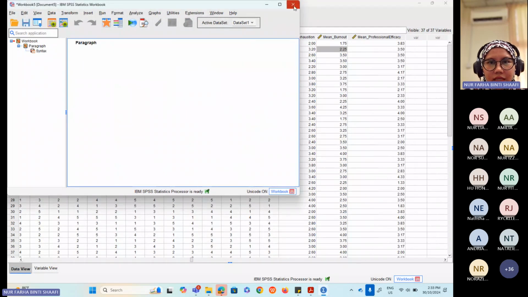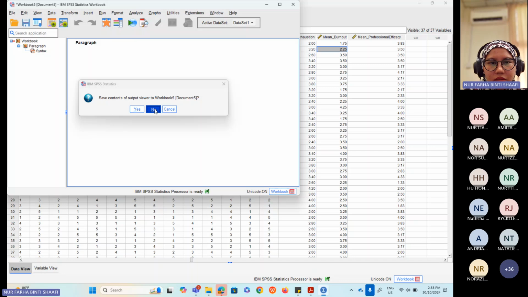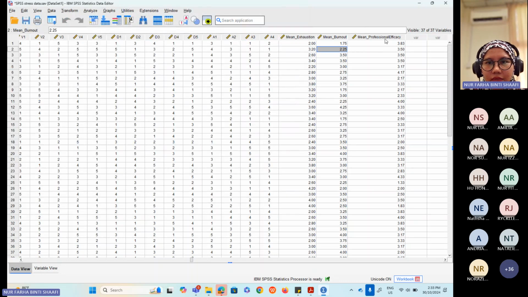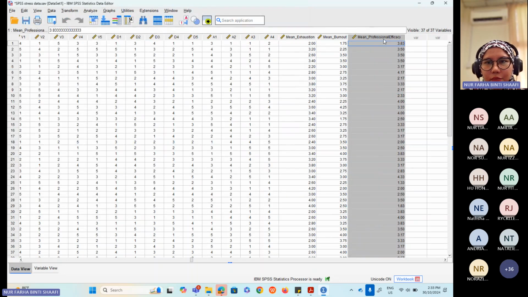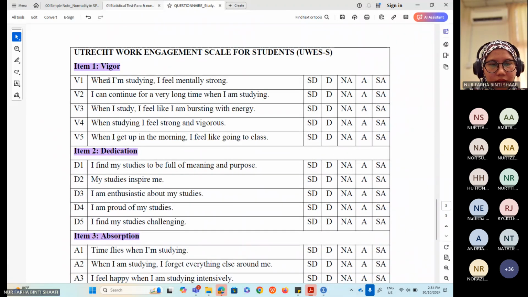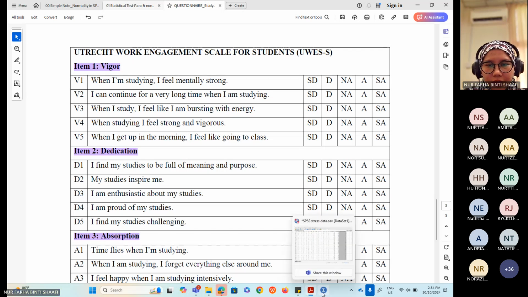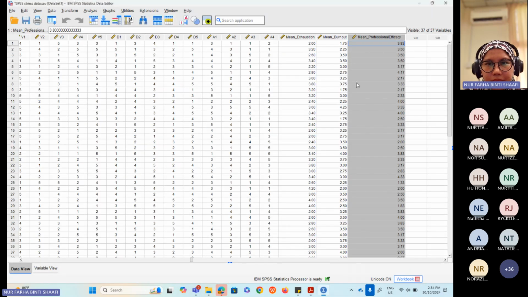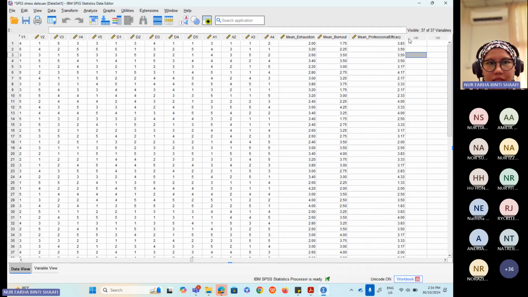On the right side here, this output you just don't save, close. You have the mean professional. So 1, 2, 3, we have done the three constructs. Now the next construct is this one: vigor, dedication, and absorption. So from here, we need to